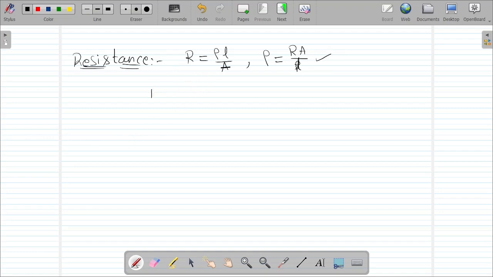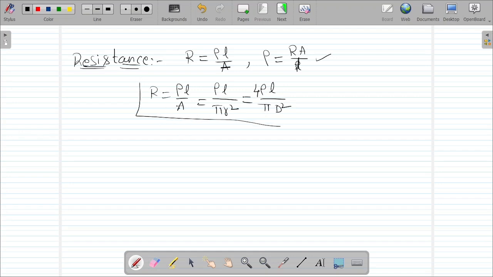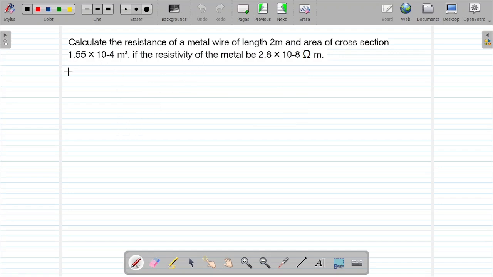Also, R equal to rho L by A can be written as rho L by area, where area will be pi r square, and in terms of diameter, rho L by pi d square by 4, where the 4 goes up. Okay, so these are the formulas regarding resistance. Now we are going to see the problems on it. First question,